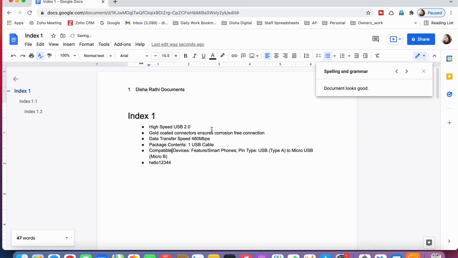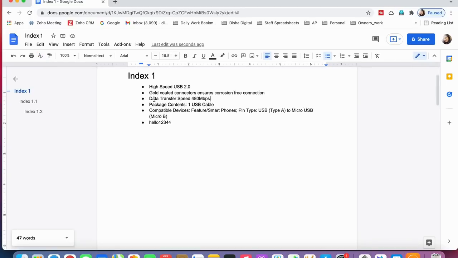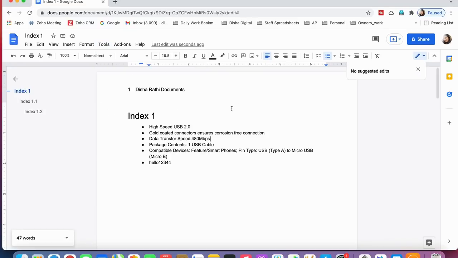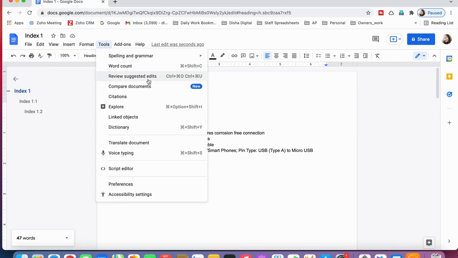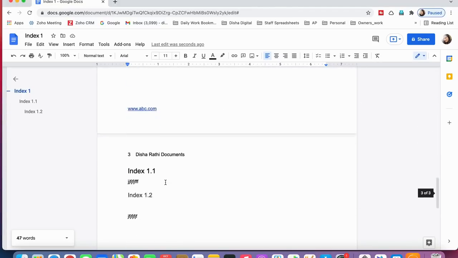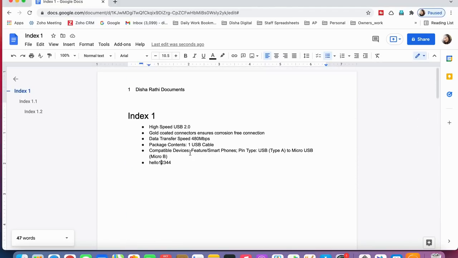If you click on this, here it will say the document looks good, which means I have not made any spelling mistakes. If this document has some changes to edit, then for Review suggested edits you have to click here. Currently it is not recommending any edits.